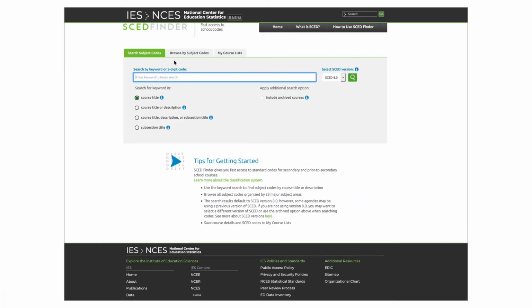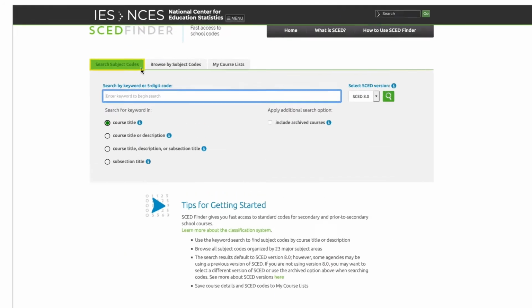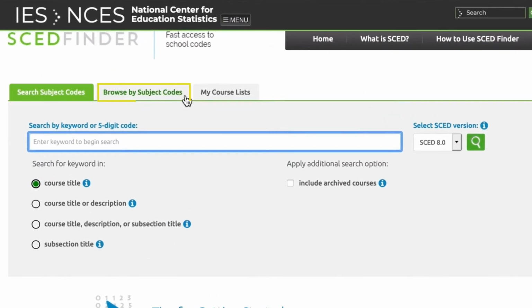To find course codes, you can either search subject codes or browse the available course codes. If you choose to search for SCED courses, SCED Finder offers several search options, including searching for the keyword in the course title, description, subsection title, or combinations of these.